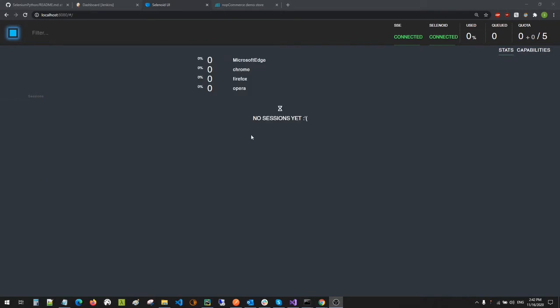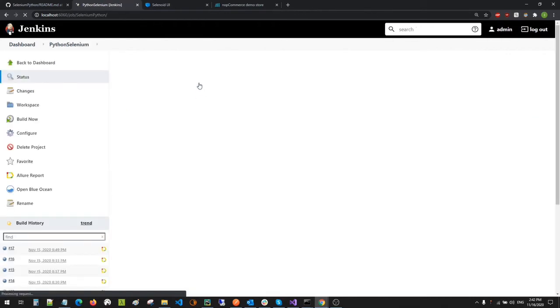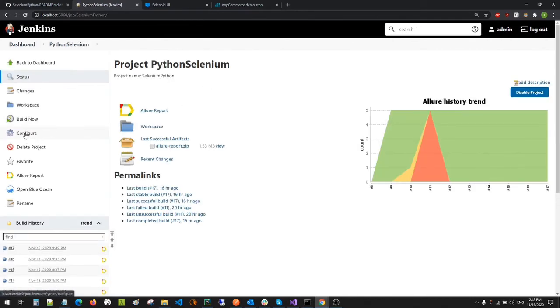Okay, so let's open Jenkins. I already created a job that's called Python Selenium. Let's open it, and let's see how I configured it.